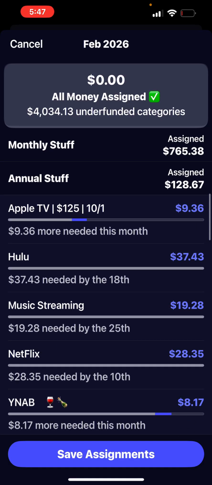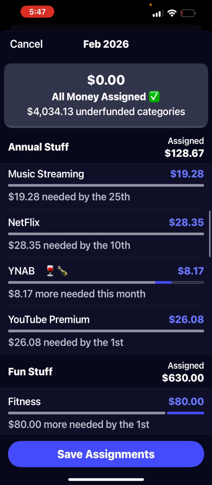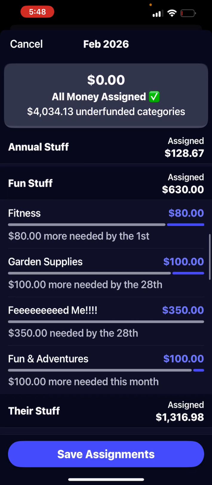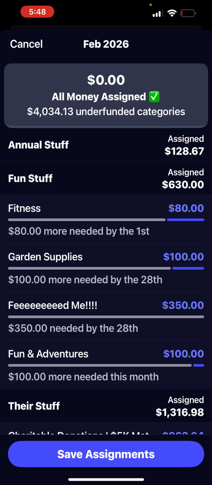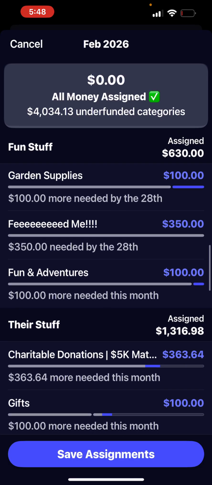The annual stuff is just my regular subscriptions. Most of them are annual: Apple TV, Hulu, music streaming, Netflix. That's not true, they're not all annual. But anyhow, they are getting funded. Netflix, YNAB, and YouTube. In fun stuff, it's putting the $80 away for the studio fee, $100 for garden supplies,